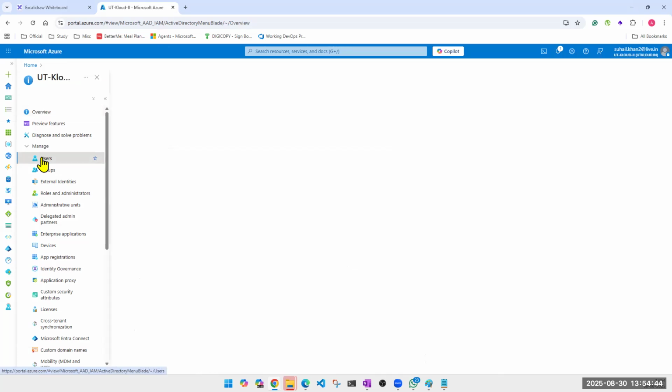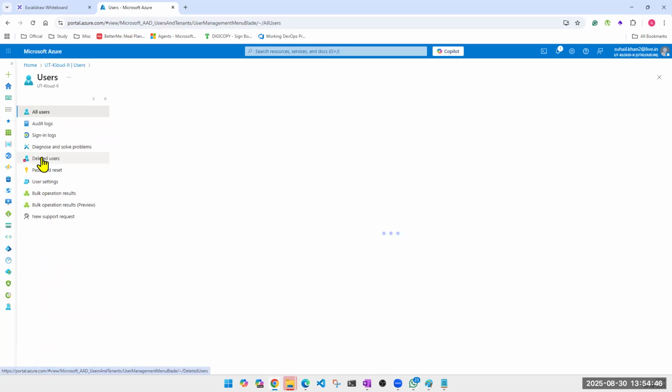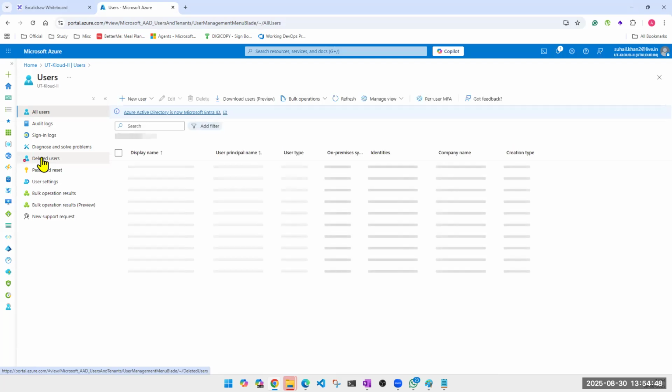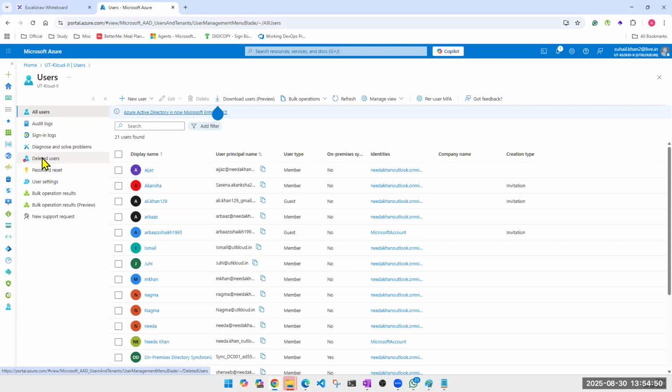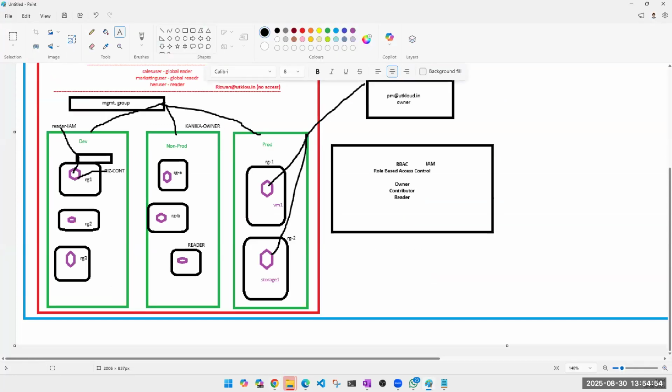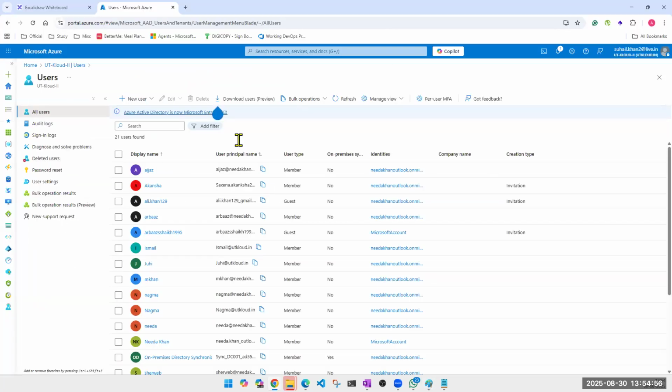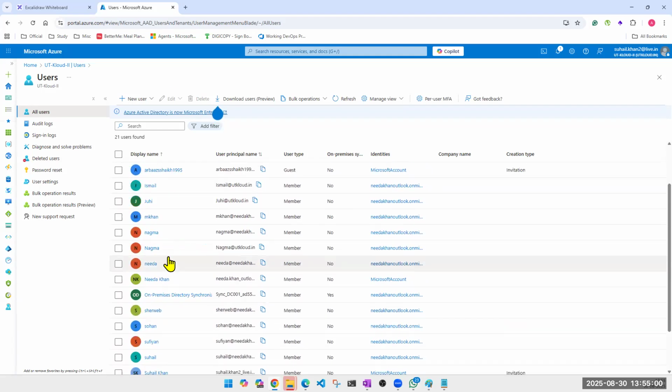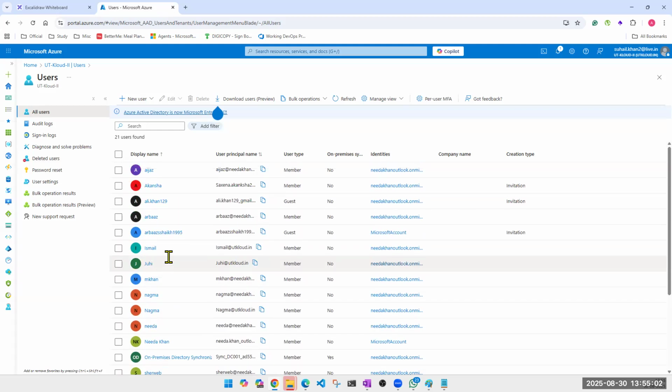I'm going fast. Don't worry. This isn't a practical session. When we are doing practical, I'll show you step by step. Here, whatever we learned in theory, I want to show it to you in practical. So don't worry about why I am going so fast. We will be doing this separately, and this will be given to you as a task also, and we'll need it. Right? So I come here, I create a user.